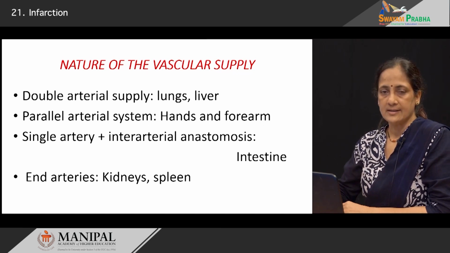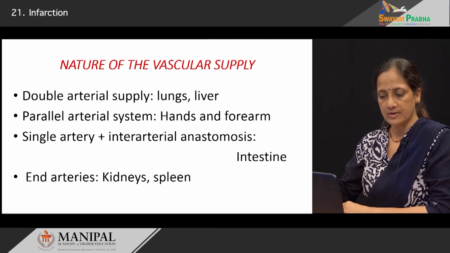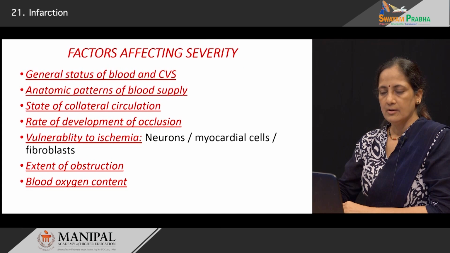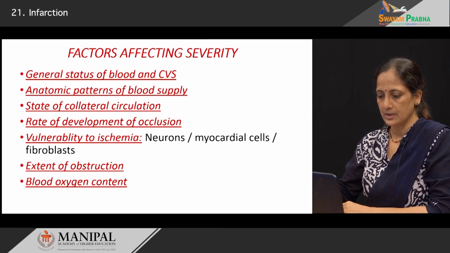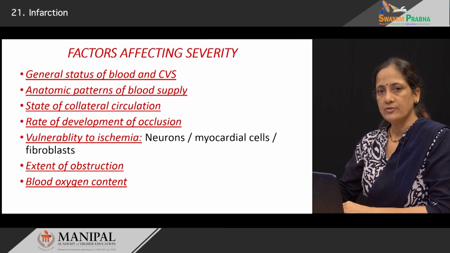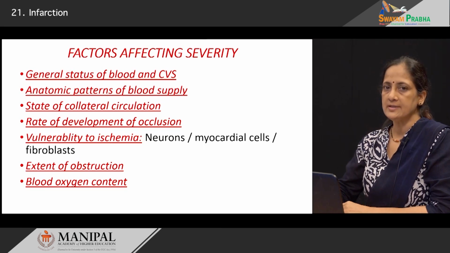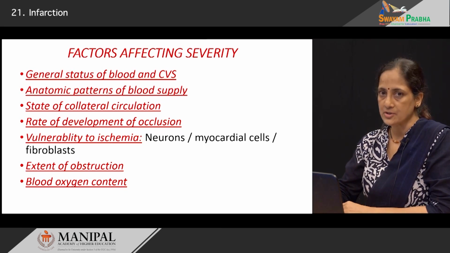There are many other factors that influence the severity of infarction in tissue. For example, the state of collateral circulation. If a tissue is developing ischemia over a period of time, collaterals develop and therefore they prevent infarction. However, if the collateral circulation is not good and the vessel is blocked, an infarction will result in the given tissue. The rate of development of the occlusion, a sudden occlusion, say for example by a thromboembolus, does not give time for any compensatory or collateral circulation to develop. It would result in immediate infarction of the tissue.